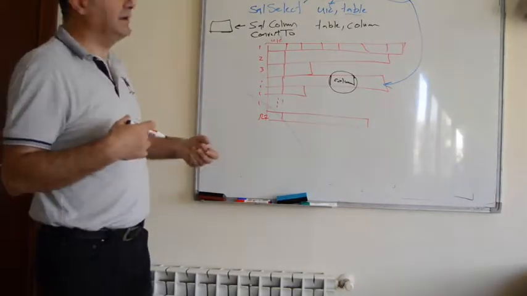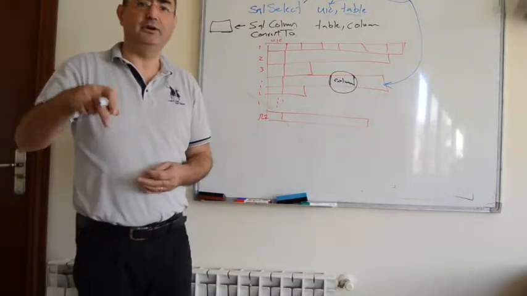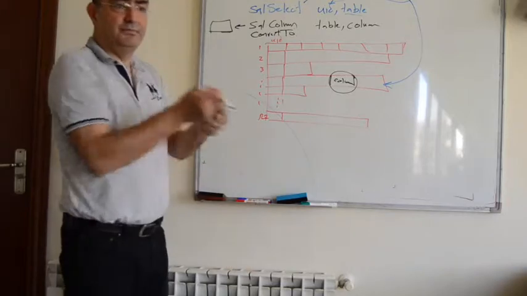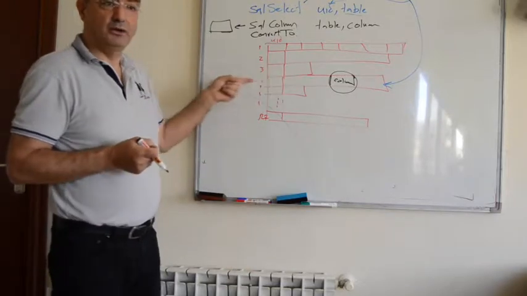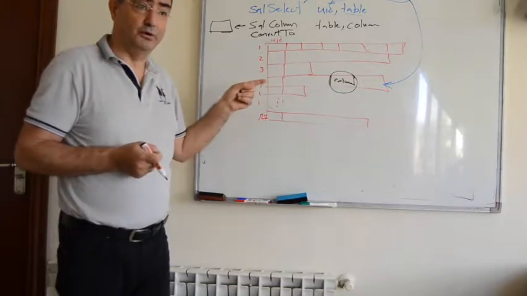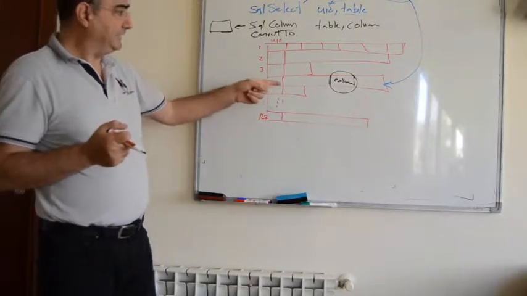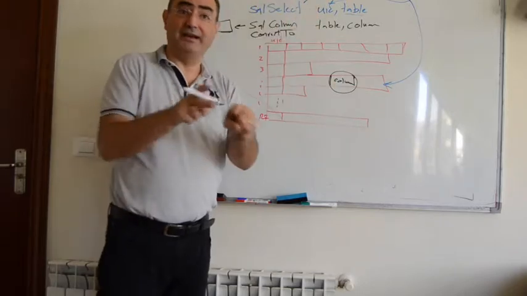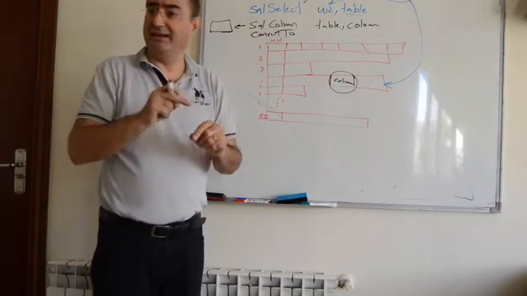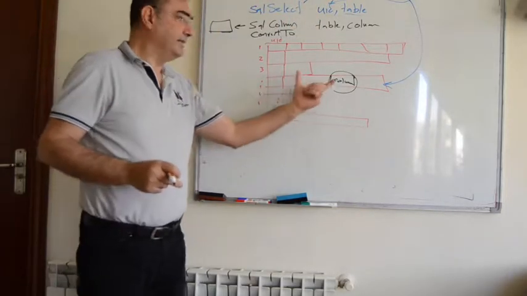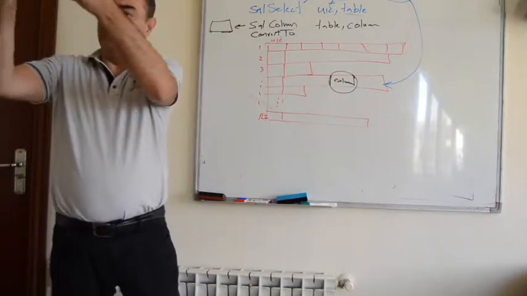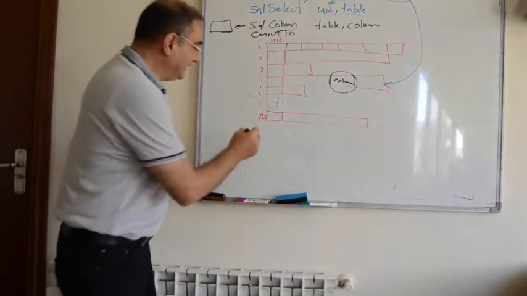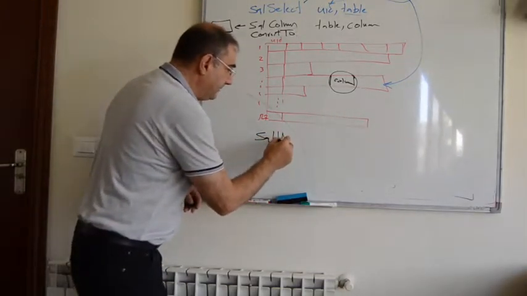You don't need to do the SQL select, because once you do the edit, the first thing that the kernel does, it does the SQL select, so it brings data from the database to the corresponding memory row. Then it will take these data and allow you to edit them in a form. Once you finish the editing in the form and you press OK, the values are brought back from the form to this memory row, and an SQL update